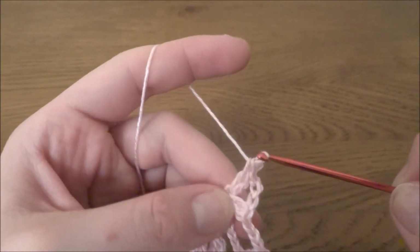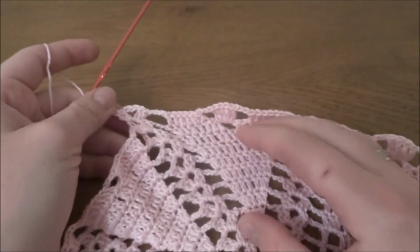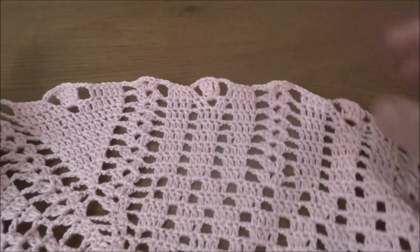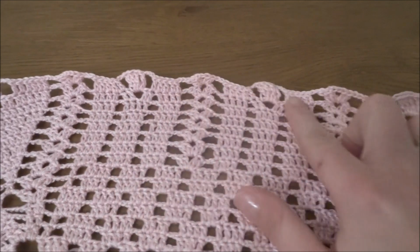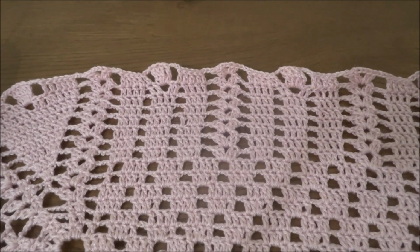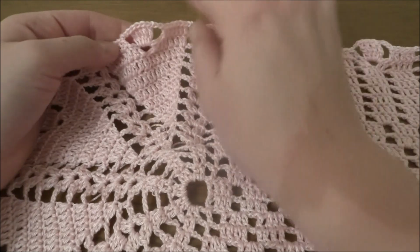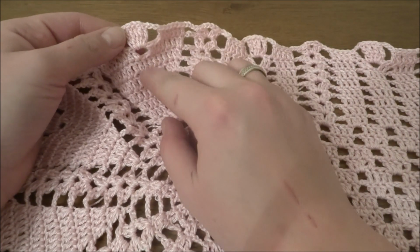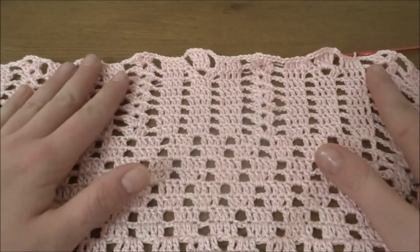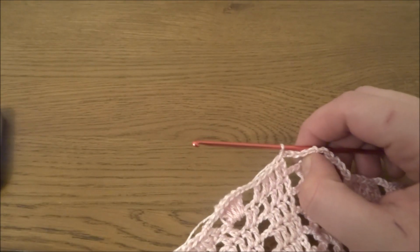And 2, chain of 3, 1, 2, 3, and now we need to repeat what we've done on this part, and then on the opposite side we have to repeat what we've done on this side. Okay, so at the moment our work is supposed to look like that. 5 treble crochets in this part. In the longer part we've got 4 treble crochets in chain free space, and now we have to start round